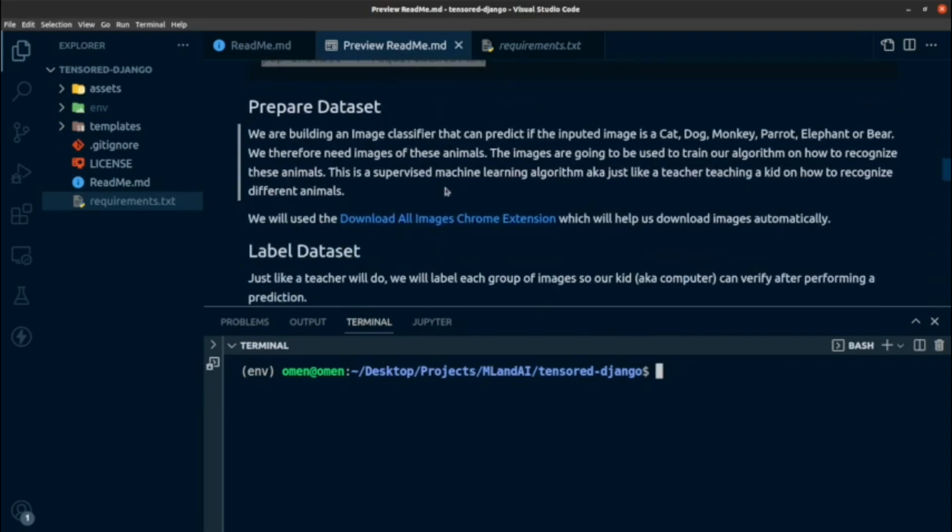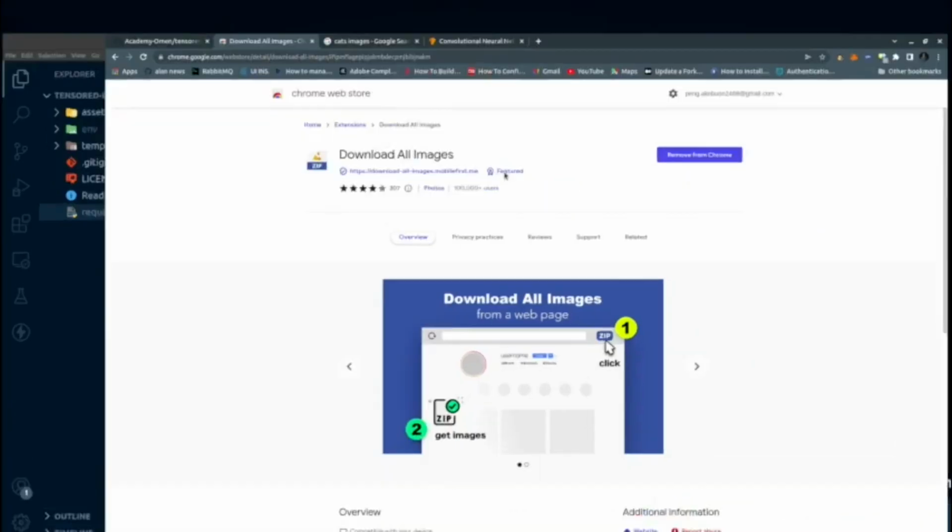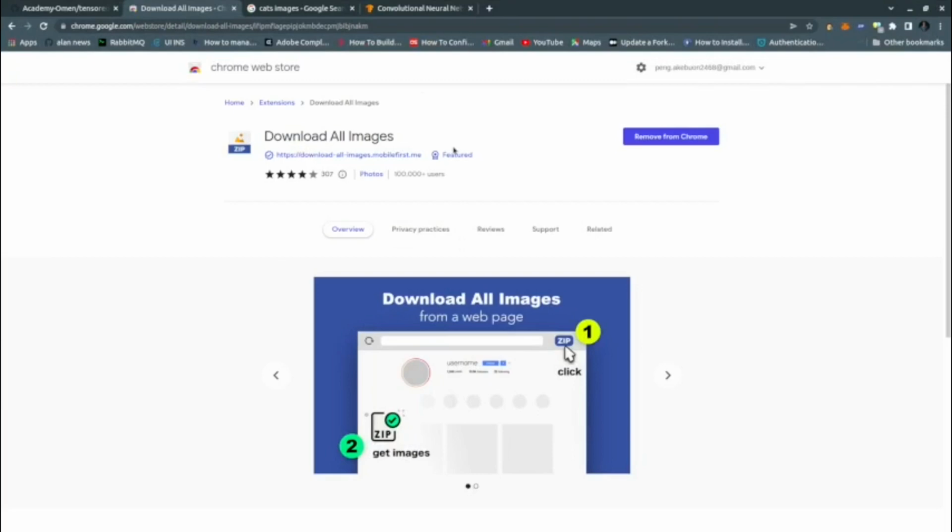So for the steps, we are actually going to prepare a dataset. That is, we need to download images of cat, dog, monkey, parrots, elephant, and bear. So you can go ahead and download your own different images or own different animals, but you just need to organize that very well. So to do that, we can either do it manually or automatically using the download all image extension. So using this link, once you open this link, it's going to take you to this web page,